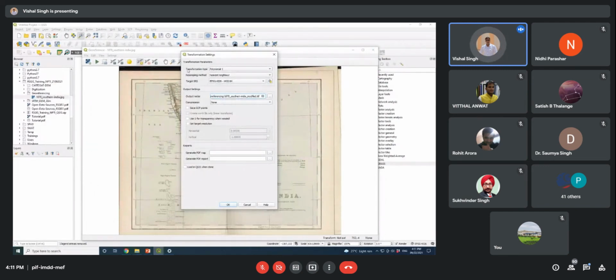So the first option coming is the transformation. Somebody was asking why we give the 4 points to do the georeferencing. It is not mandatory that you always give 4 points, but a minimum of 4 points is required if you are using polynomial order 1. For polynomial order 2, you should provide at least 6 points, because if you are aware of the polynomial order equation,